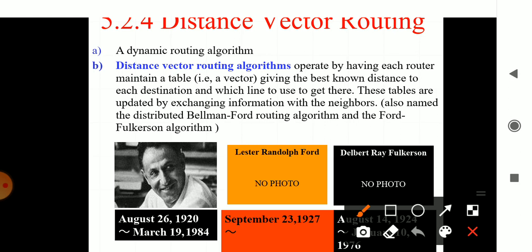Here, the main word is algorithm. It is a dynamic routing algorithm, because each and every time the route is specified, when the router is sending the packet from one end to another end, there are chances of the table changing if a delay happens. So it is said to be a dynamic routing algorithm, where it dynamically changes the route with time. And this dynamic routing algorithm, called the distance vector routing algorithm, maintains a separate table.